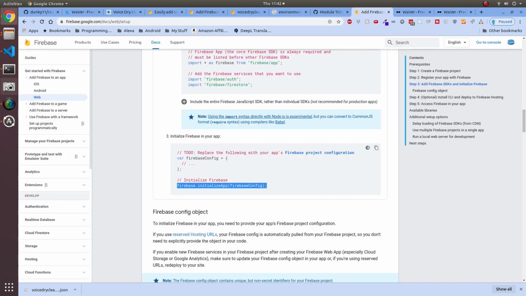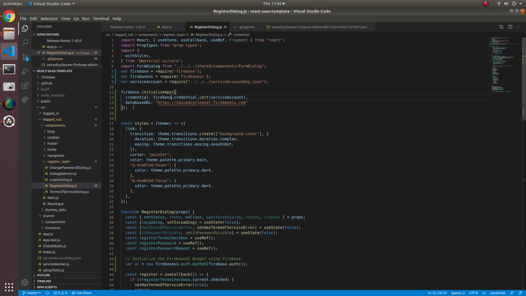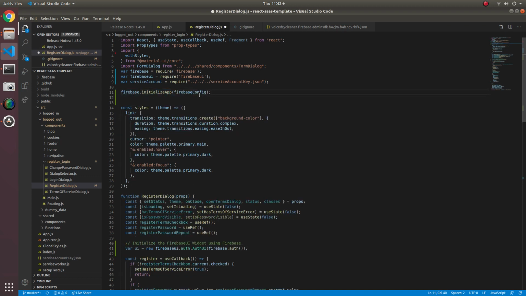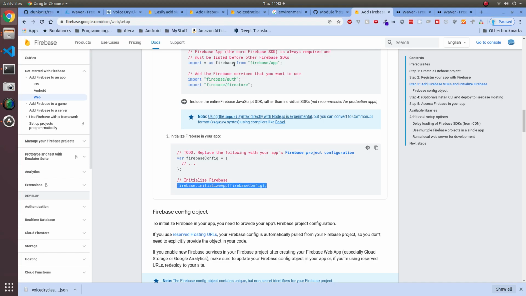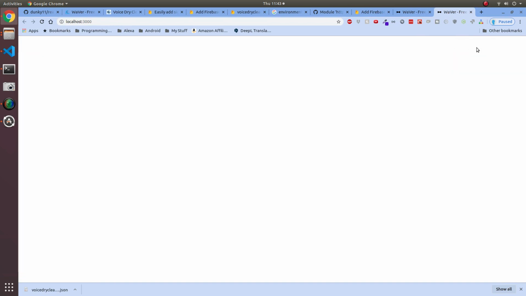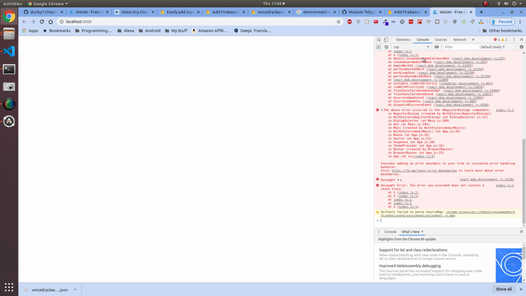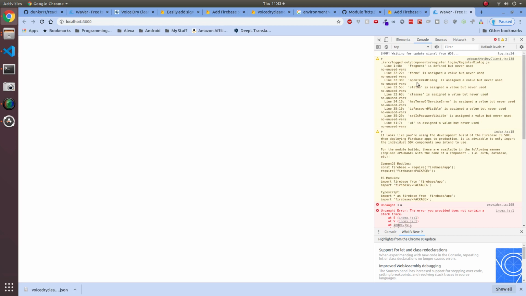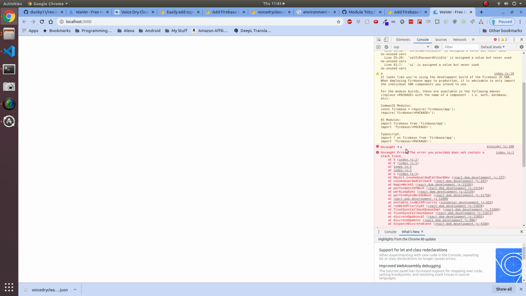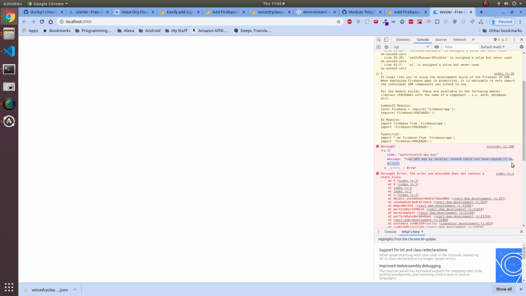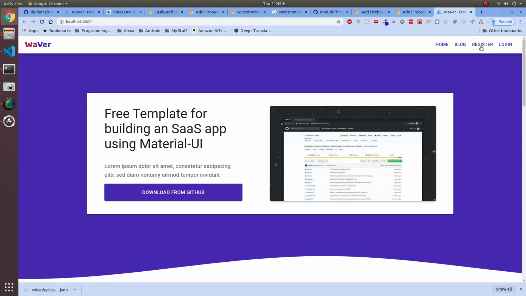Alright, I'm going to copy this firebase.initializeApp from a Firebase config. And then Firebase config is actually service account. Save that. Let's see if we're better. Alright, we're still not loading, but why? No stack trace. Fragment defined but never used. Yeah, things defined, that's fine. Uncaught. Your API key is invalid. Please check you have copied it. Okay. Alright, so now when I click register,